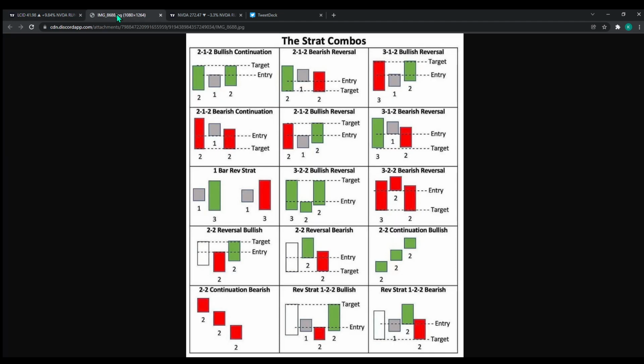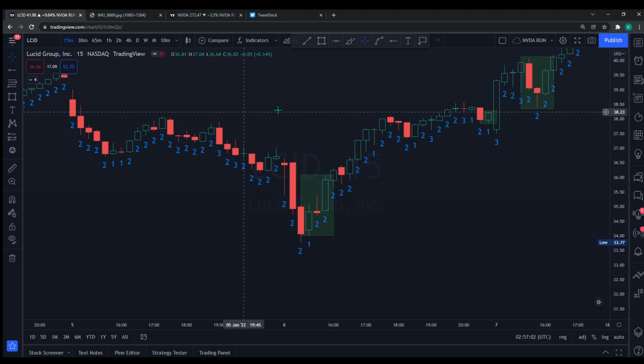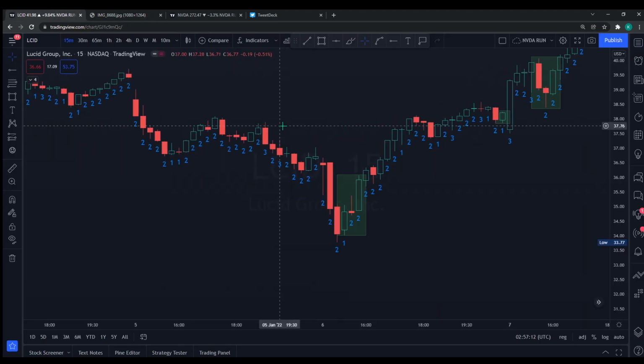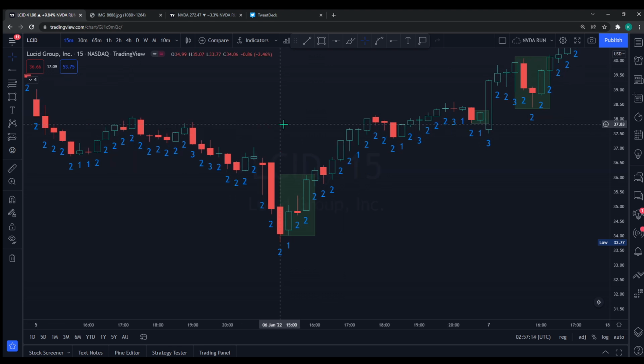Most of the combos you're going to see in this video are going to be the 2-1-2s, whether that's bullish or bearish, and then you will definitely be seeing a lot of the 2-2 reverse, bullish and bearish. There's 1-2-2s in here too, I think. Let's see. But this is in my Discord's education channel. You just scroll up a little bit, save it to your computer forever, refer to it every day. So I'm just gonna go over this